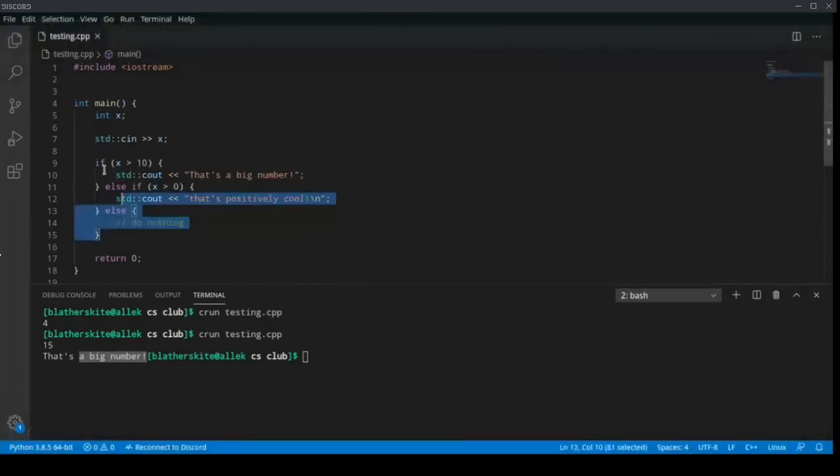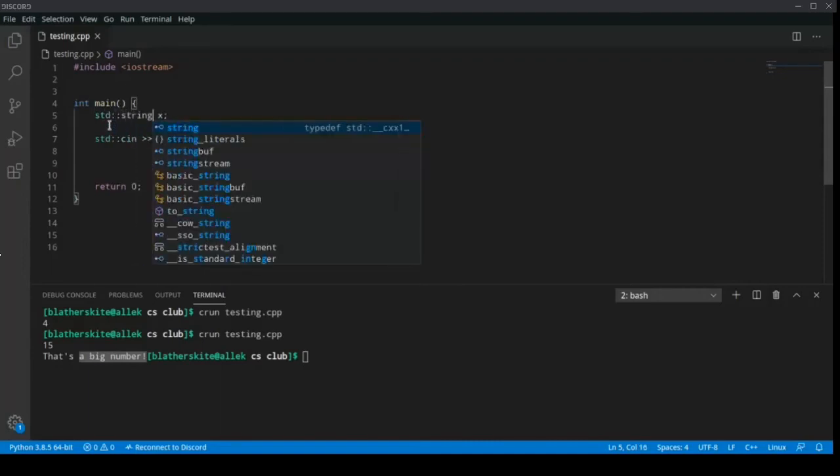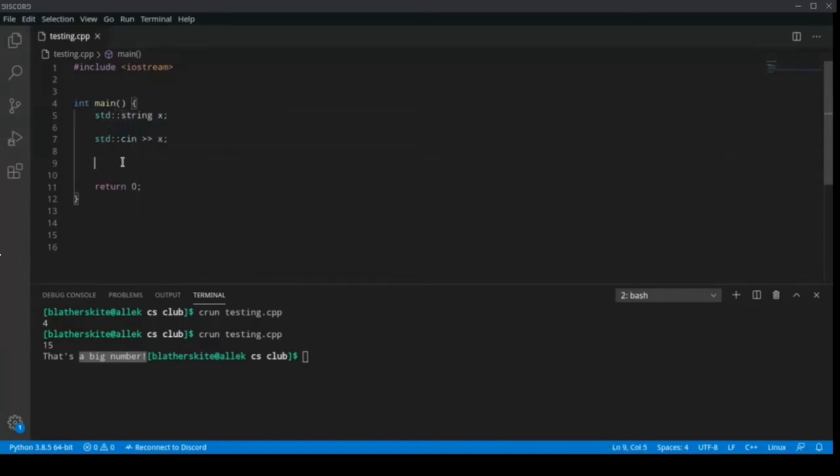And then the last thing I'm going to be talking about is the for loop. So there are actually two different types of for loop. Let me just switch this to string for example purposes real quick. So there are actually two different types of for loops in C++. The first kind of for loop is